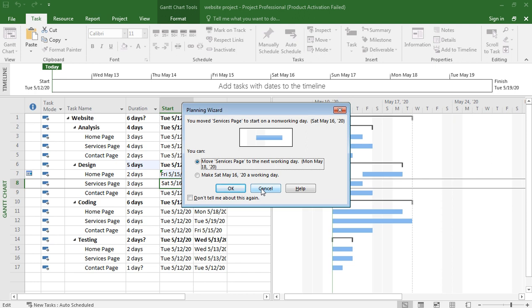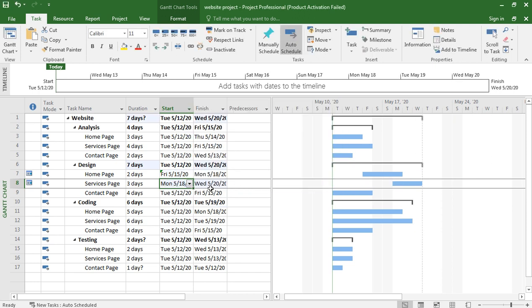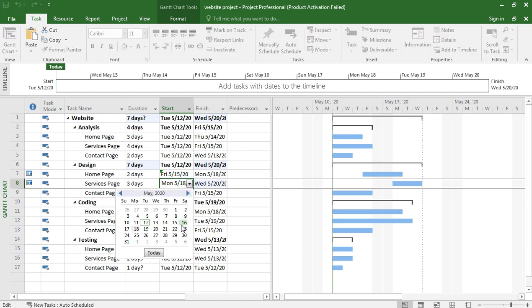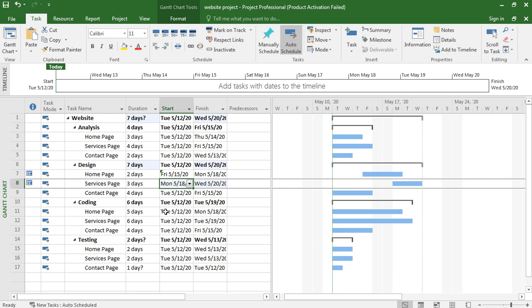Okay, now in the services page, if you go here, analysis phase ends on 5/15. So we should start this from 5/16. It will start on 5/16.